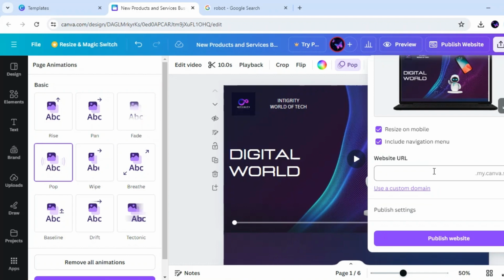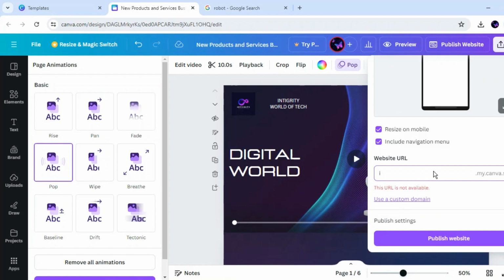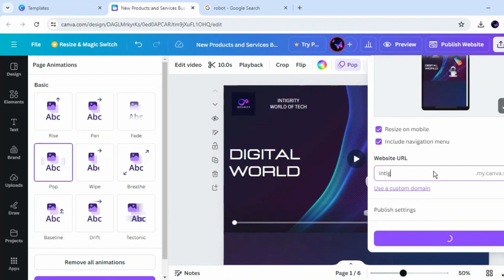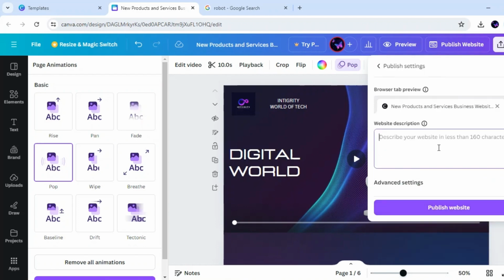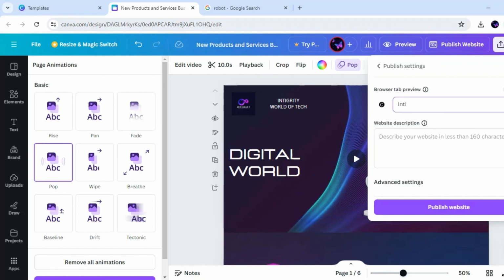Now enter your website URL, description, and name. Enter your website name.